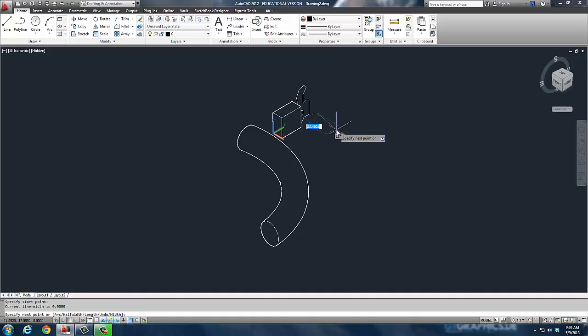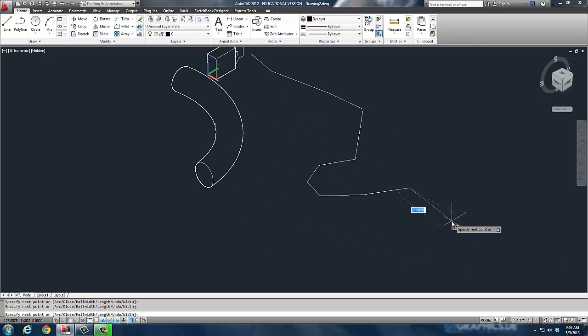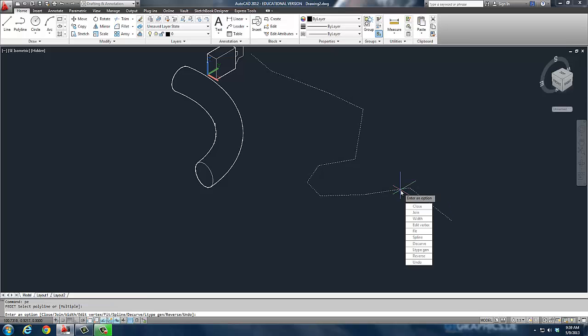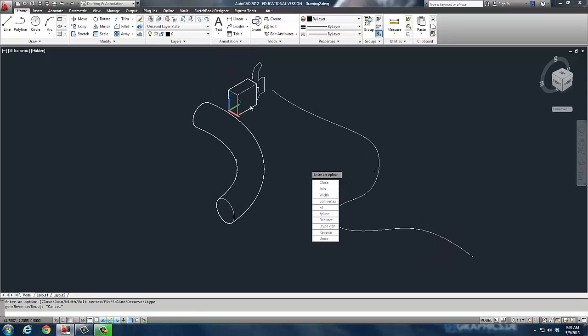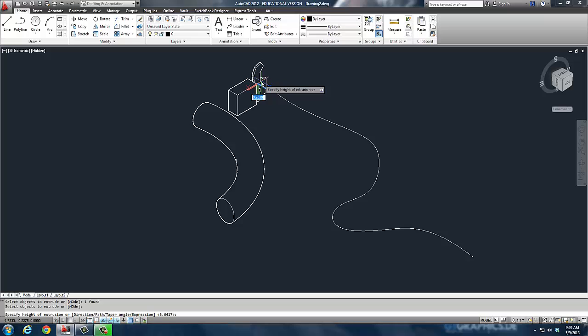Now, watch this. I'm going to go out here and I'm just going to make a polyline. Now, polylines are great tools with one little problem. One of the things that people do with them quite often is they edit them and turn them into a spline. Now, what happens if I extrude along this spline? Because I can do a path. So if I do extrude, and I select this shape I drew earlier, and I do a path, say this path right here,